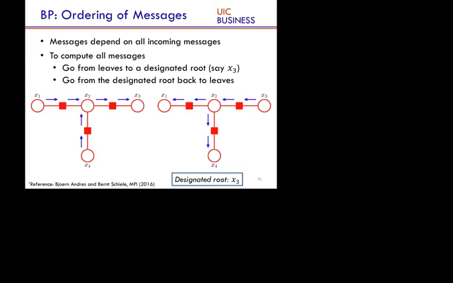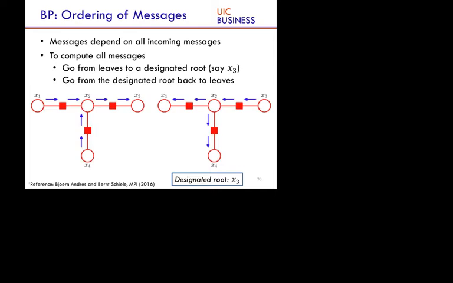You just need to follow this procedure, which is just go from leaves to a designated root. You just designate one of your nodes to be a root. Okay. So let's say x3 is a root here. Just go from all the leaves. Since it's a tree, there will be leaves, right? So you just pass messages from leaves to the root, and then you again pass messages from root to the